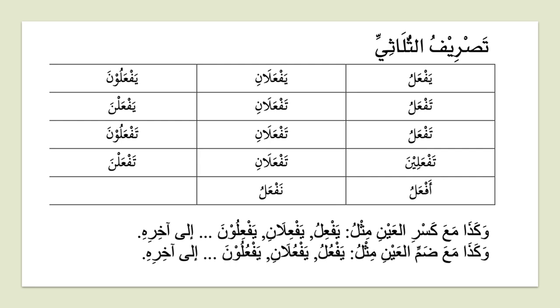Let's try putting some verbs on these scales. I'll give you one. You want to try? Conjugate a verb. I'll give you يفتح, to open. يفتح, يفتحان. See how he's using the scales. All you're doing is replacing each letter with the letters that you're using. So for example, فتح, يفتح, the fa will replace the ain, and so on. يفتح, يفتحان, يفتحون,